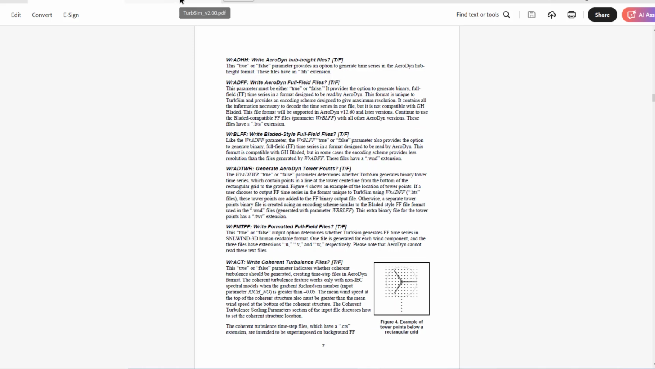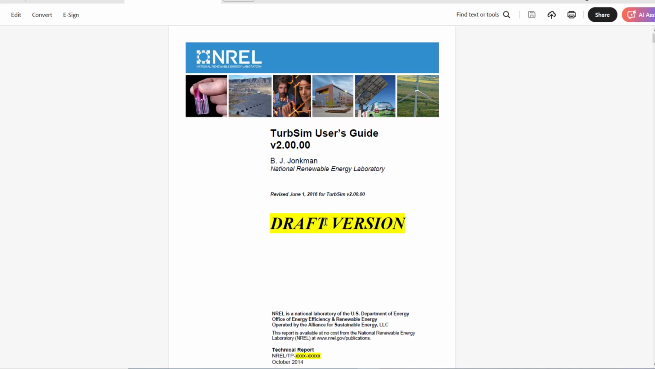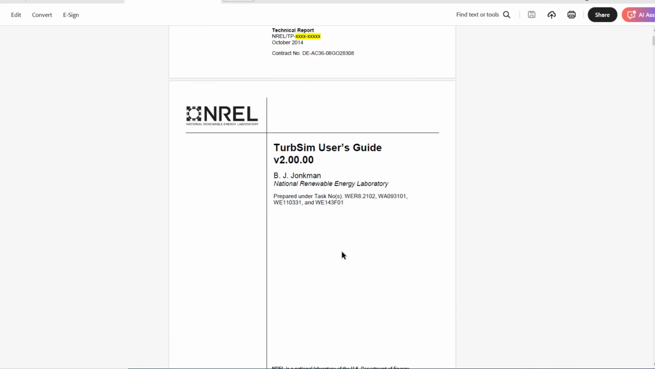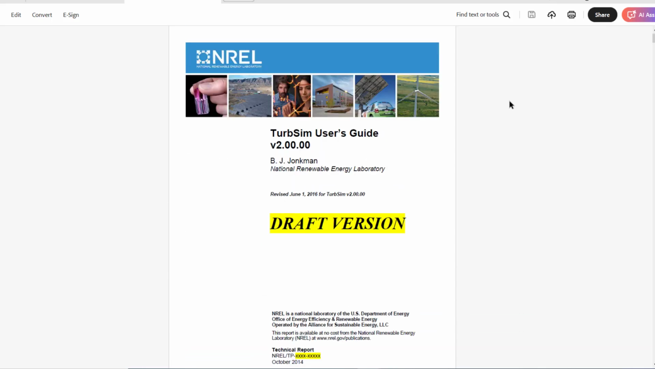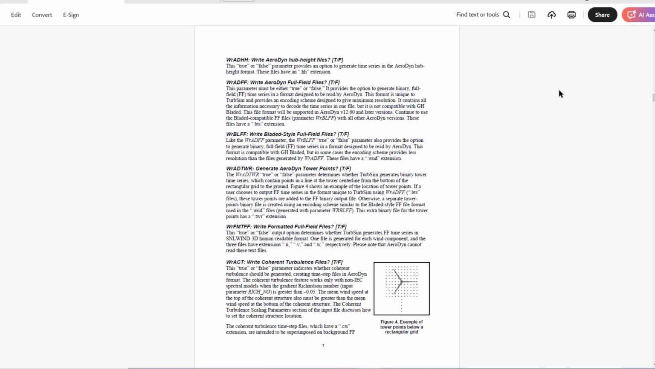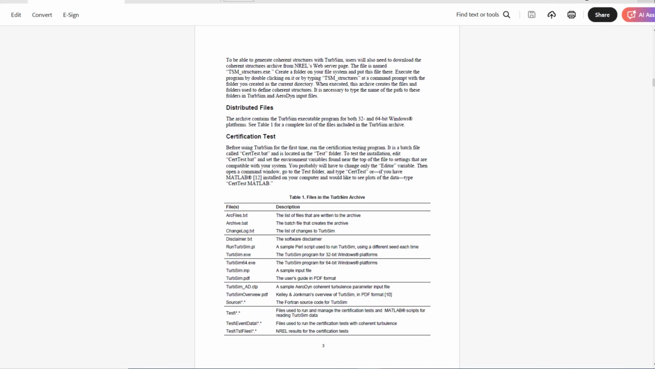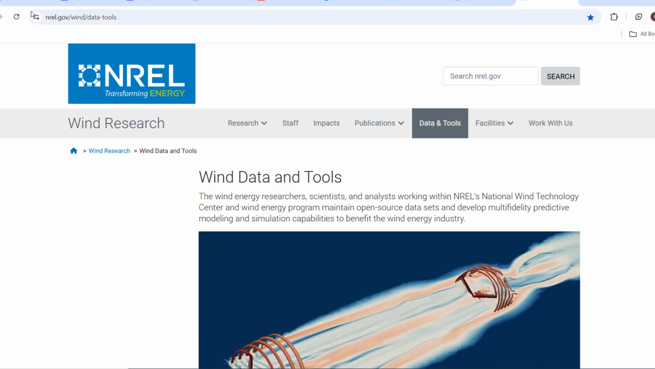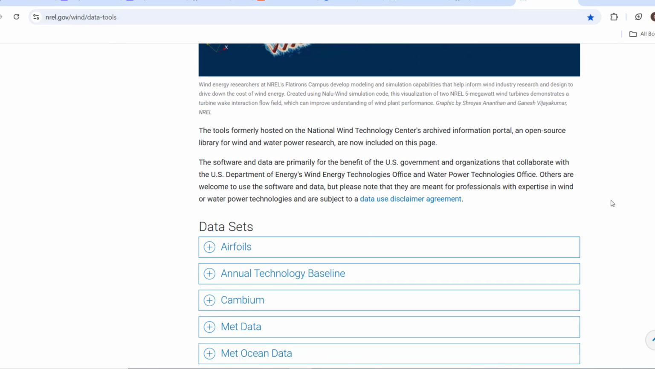This is version 1.5, but there's also 2.0, which is from 2016, but it says draft. However, you can still make use of it. Most of all these are for testing and analysis. It's not commercial software, so you have to make do with what is made available. So you can see, if you come to nrel.gov/wind data tools, you'll be able to see the different